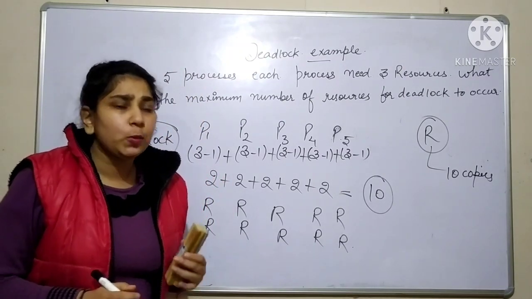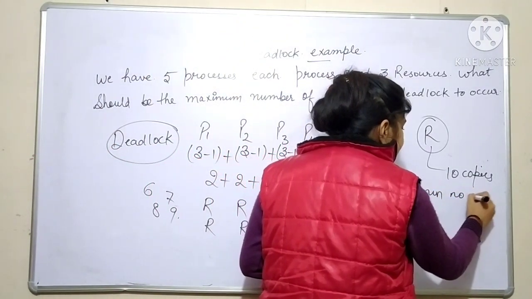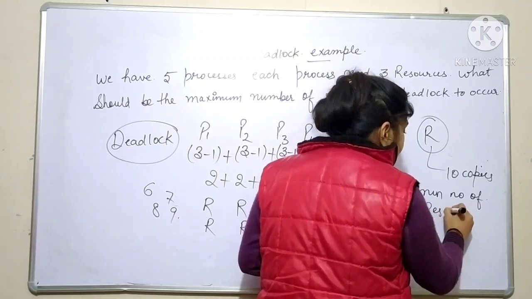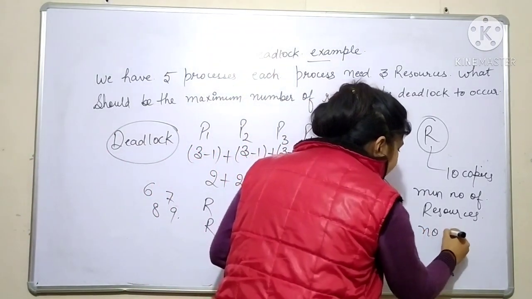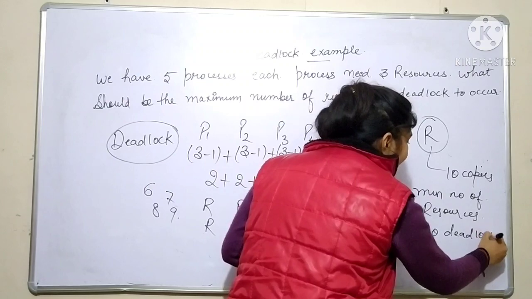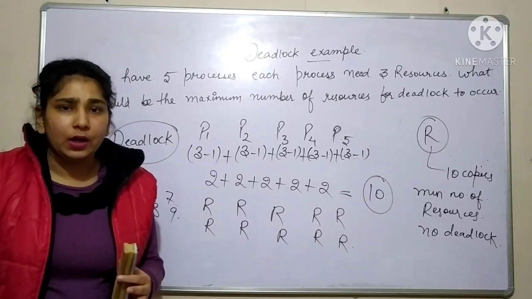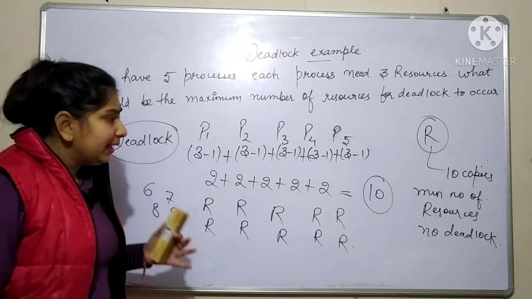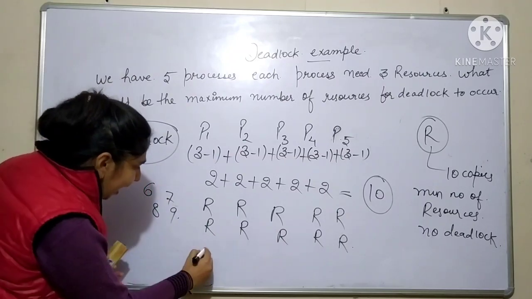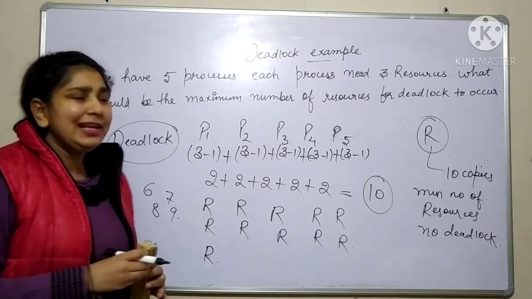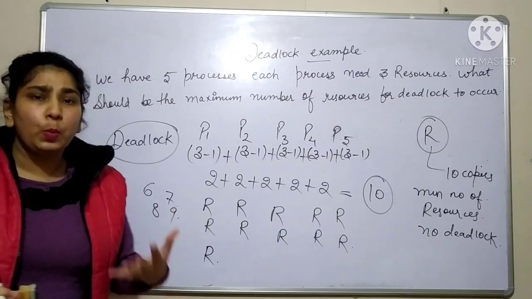So what is my next question? We have to find the minimum number of resources so that deadlock doesn't occur. We don't want any deadlock now. We want to avoid deadlock. If you want to avoid deadlock, then what should be the minimum resources you should have? If you have 11 resources, you try any way, you assign your resources